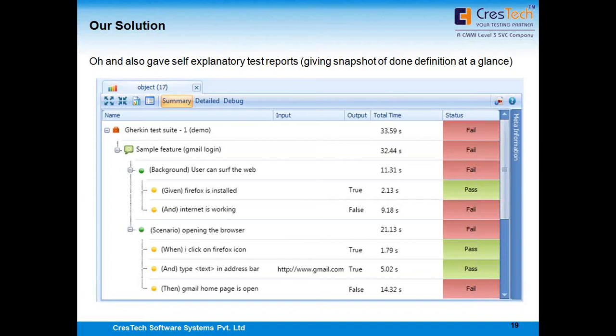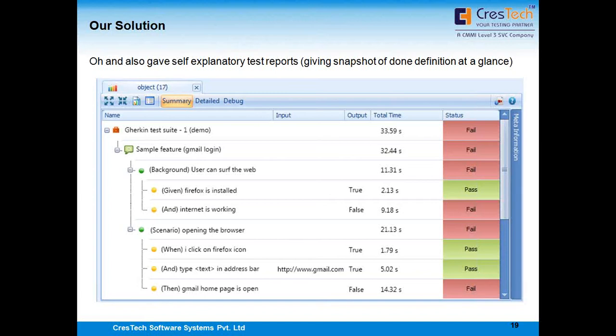And with that, OpKey gives you a host of other features, like integration with ALM and CI tools like Bamboo, Jira, Hudson, and we also have integration with test management tools like QC, Jira, and TestLink. Mobile support: we also have integration with two open source mobile automation tools, Robotium and Appium.